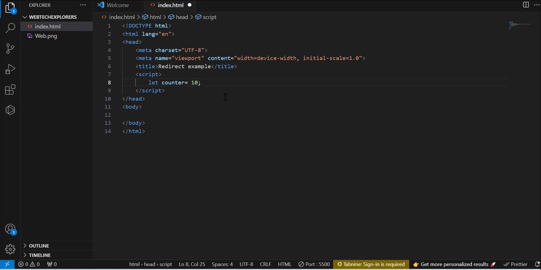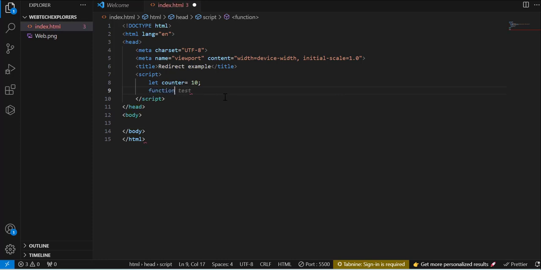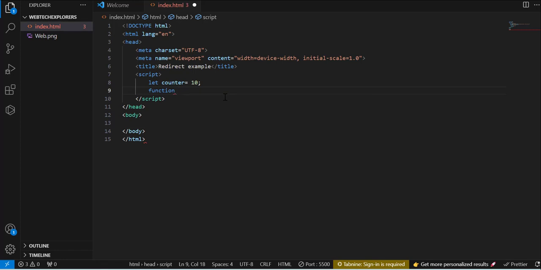So we have the counter, we define it. Now let's write a function. Okay, and this function we can call it changeCounter. That could be the name. Okay, changeCounter, and here